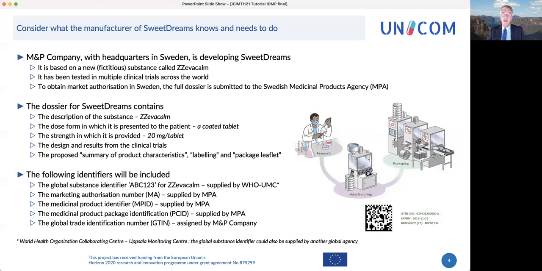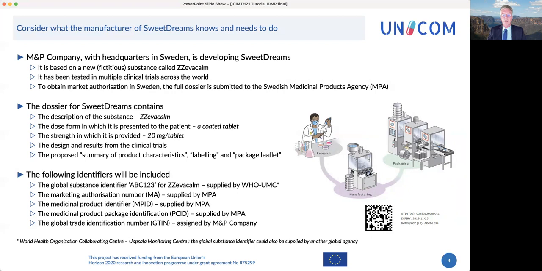What's in the dossier? At least there's a description of the substance. There's the dose form. It's a coated tablet. It has a strength. It is 20 milligrams per tablet. And they also need to submit the results of the clinical trials, but also the design of the clinical trials for the regulator to really have a good notion of whether this is a safe medication. It has been properly tested. And also